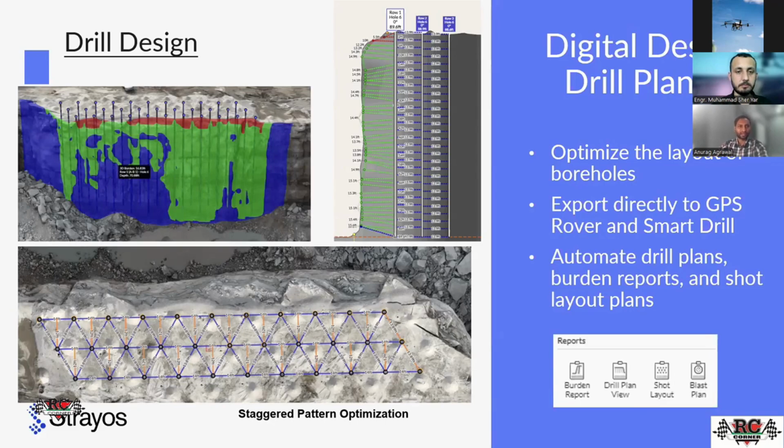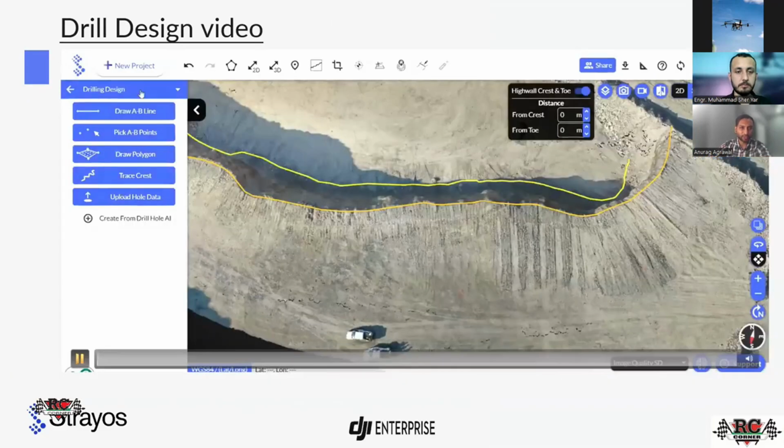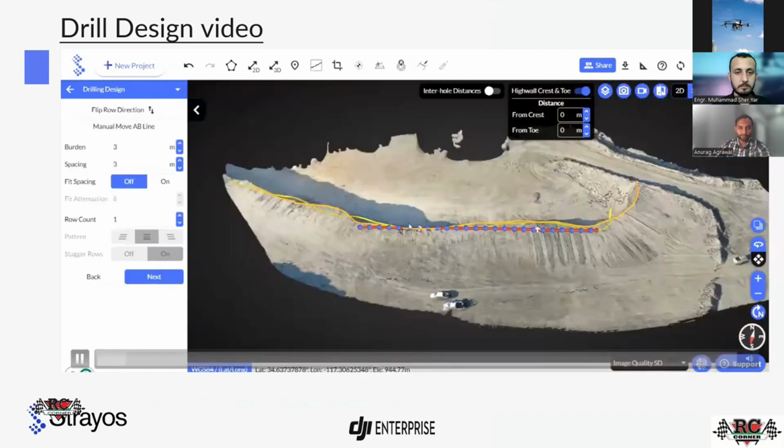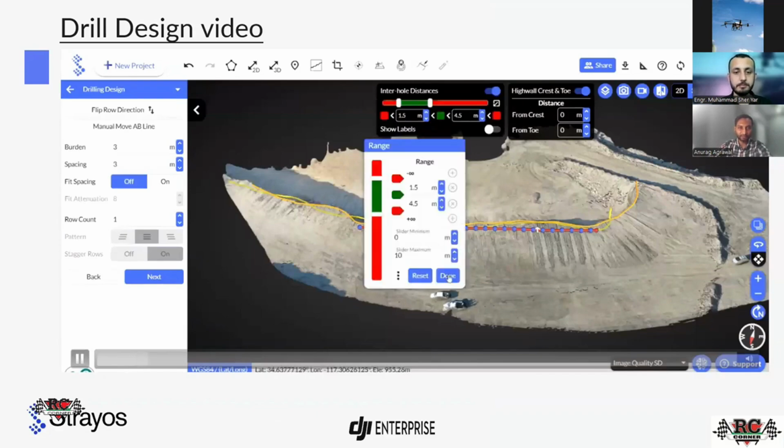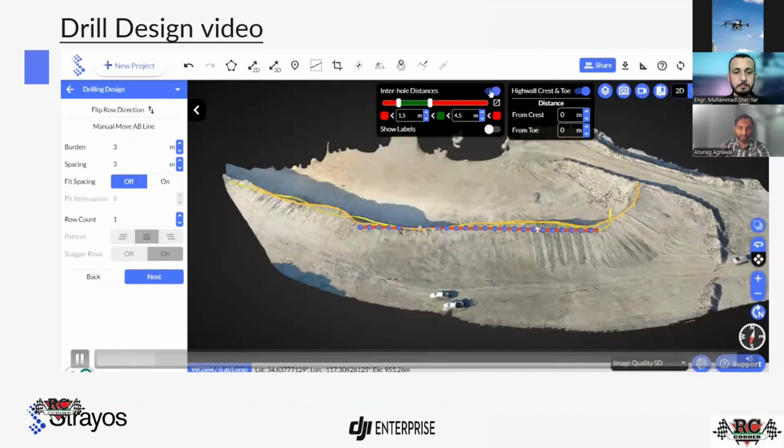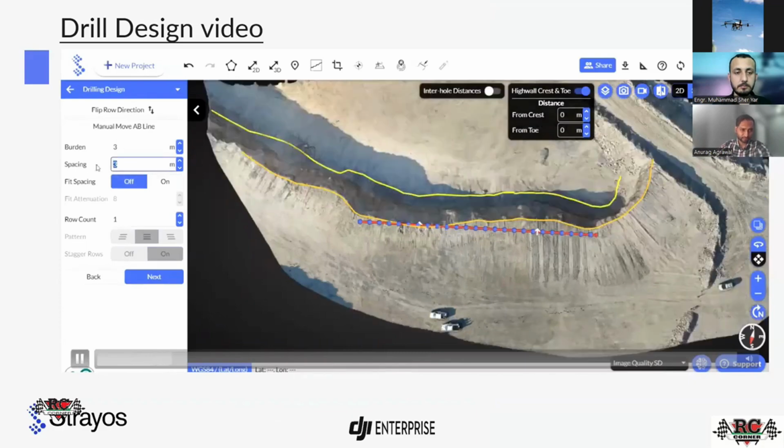And after, let's start the video. I want to show through the video how you can do multiple drilling designs using the Strayos platform. You can see here currently there is an uneven floor, and I have used one single line, and this is the interhole distance. You can prefix your interhole distance accordingly. You will find it in different colors. You can prefix your burden, spacing, pit spacing,